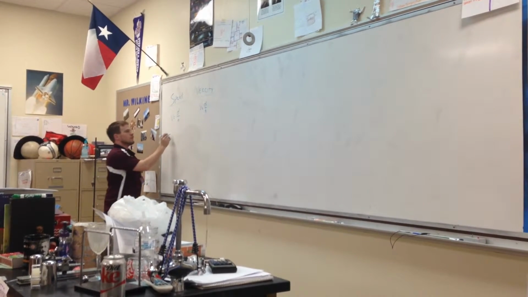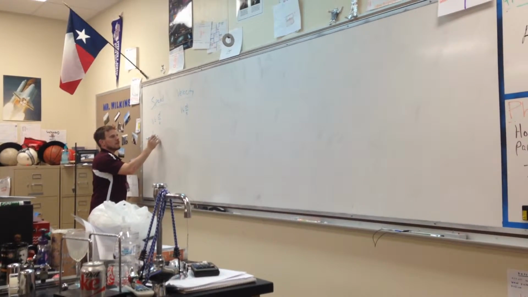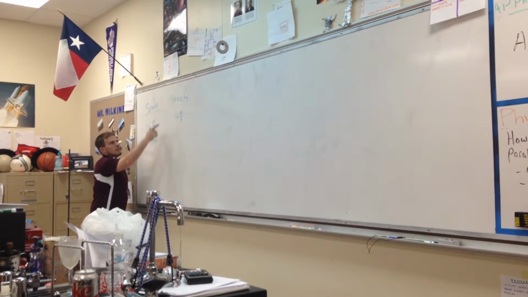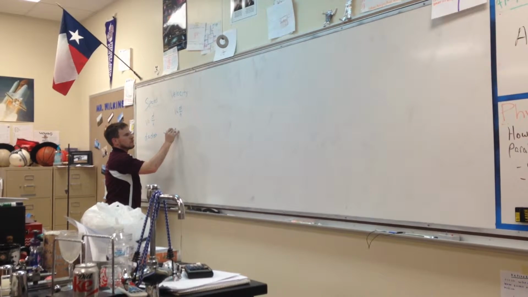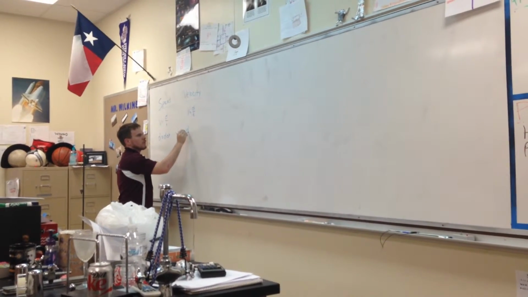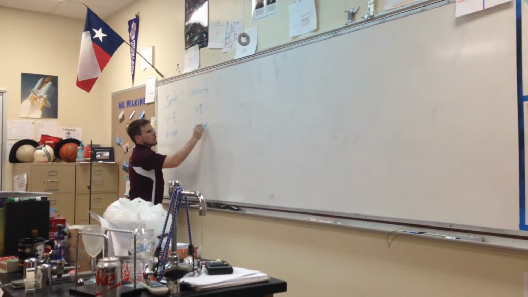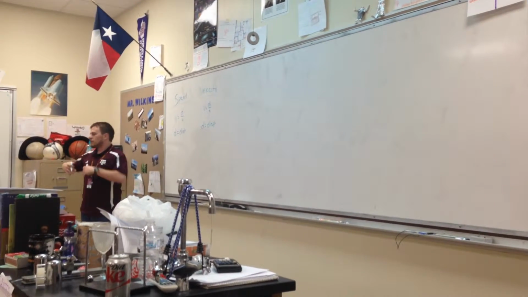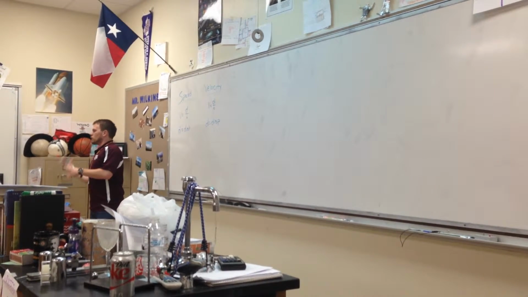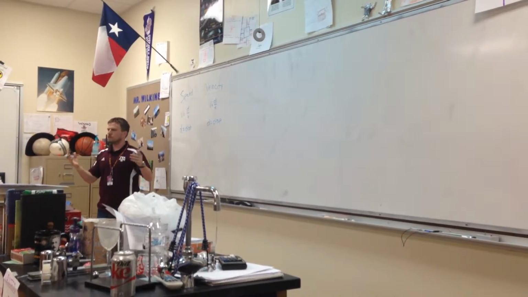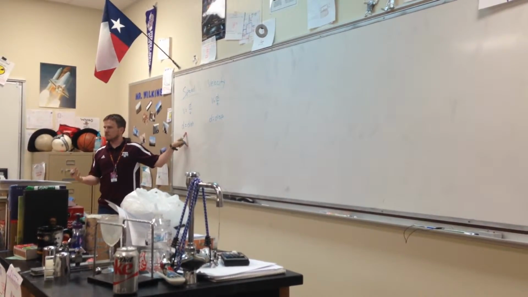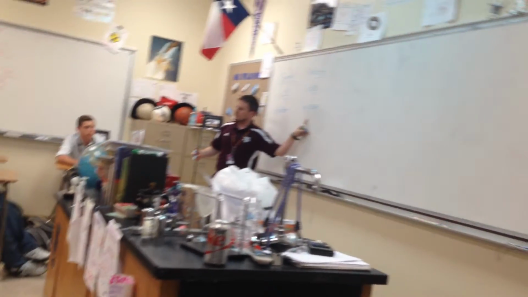However, the d for speed is distance, and the d in velocity is for displacement. So make sure to remember that in case it comes up. Remember that in the situation where it's in the same problem and it asks you to find the velocity and the speed, a lot of times it will be different because the speed will be based on the distance it traveled, the velocity will be based on the displacement that